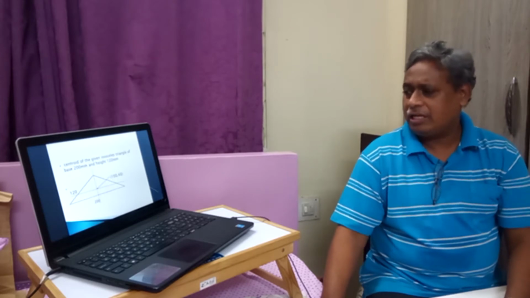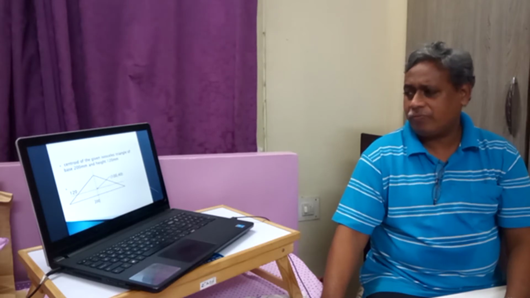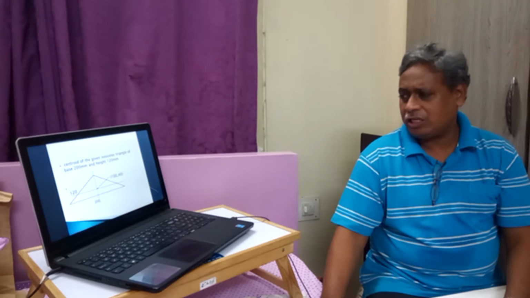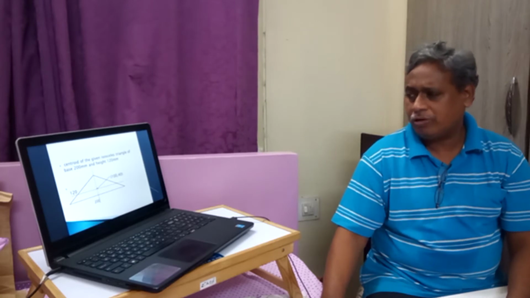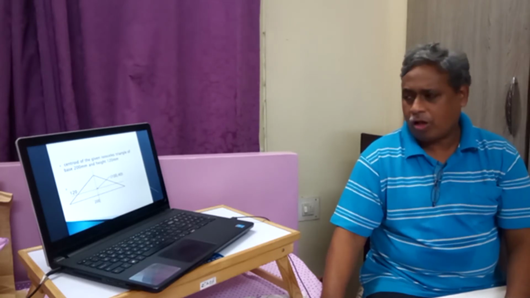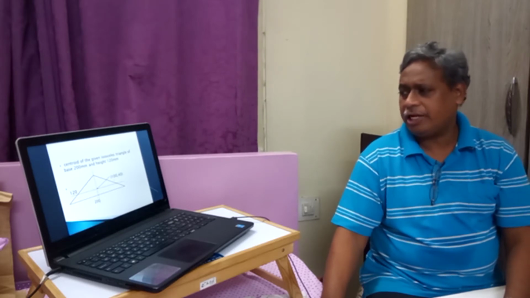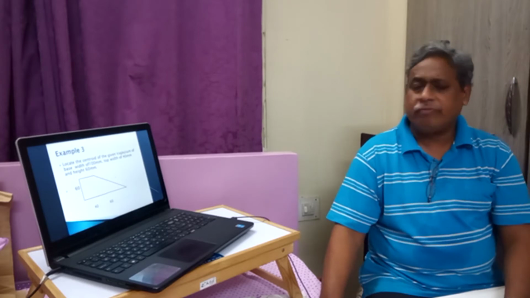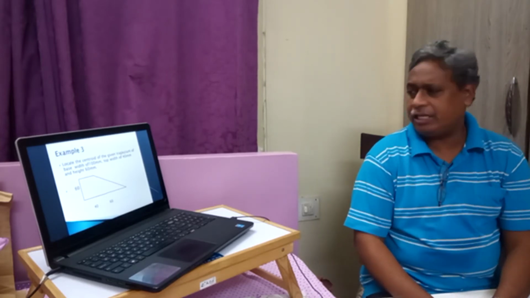Similarly, for an isosceles triangle standing on its base of 200 and 120, in the horizontal direction it is symmetrical, therefore there is a vertical axis which is dividing it into two equal halves. Therefore x will be equal to 200 by 2, half, and y will be equal to 120 by 3, that is 40. 140 we have got. We have also seen an example with the combination of a rectangle and triangle.